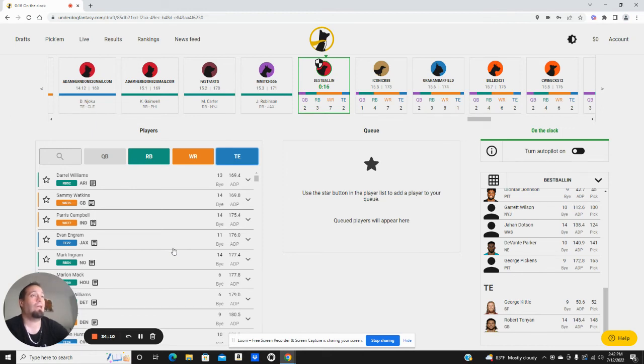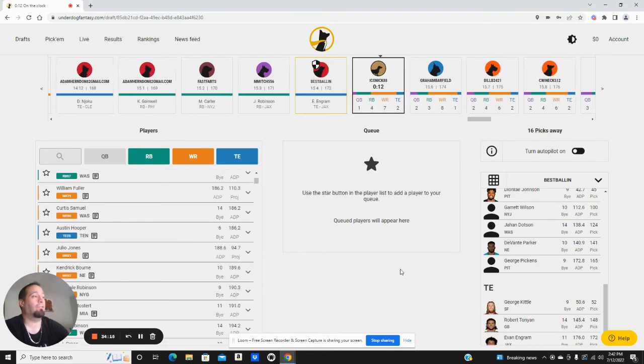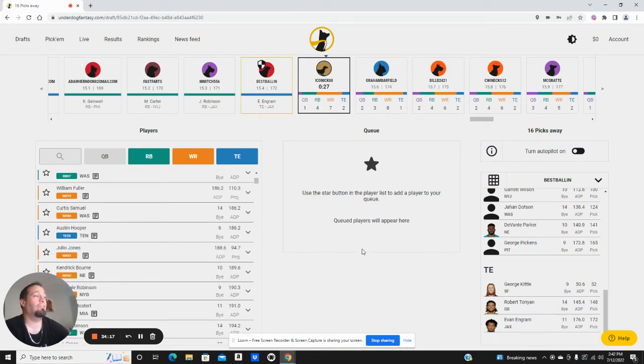Do I hate that? Yeah. I'm just going to spend my luxury pick now and take Evan Ingram. Just another spot where I'm taking the person I think has the most upside on the board. I don't really despise three tight ends with Kittle. I normally do too. If we're not going to have what I thought was going to be a luxury pick available to us, then I wouldn't have made that pick.